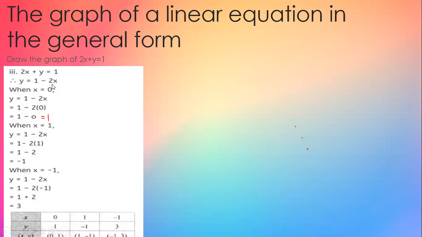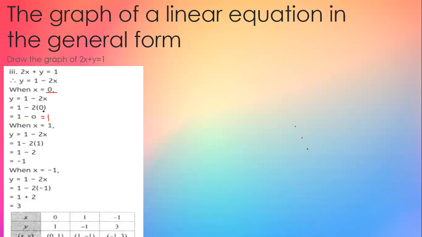Now over here, we need to assume any value for x. So let us assume x is equal to 0. Here we are assuming the value of x as 0 and we will find the corresponding value for y. So let us copy the same thing here, y equal to 1 minus 2x. 1 we will copy as it is, minus also we will copy as it is, 2 also copy as it is. Now in place of x, we will substitute the value of x that we have assumed as 0.